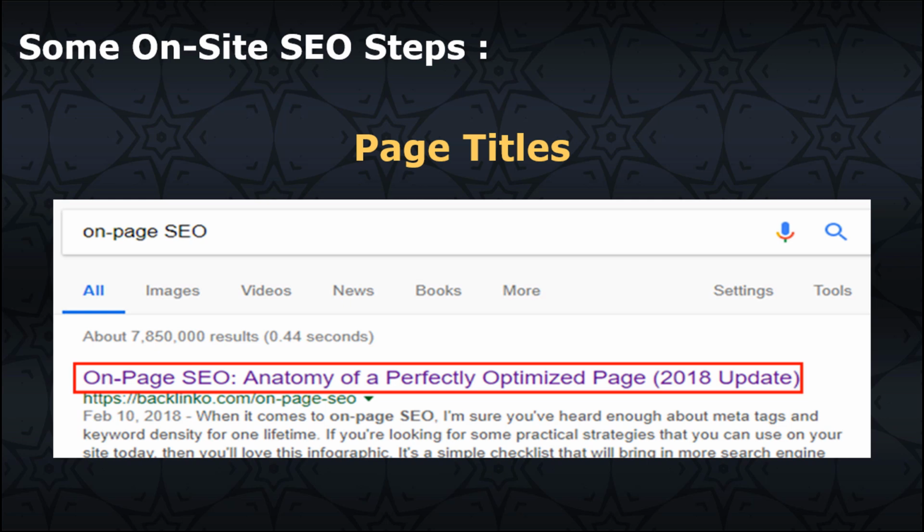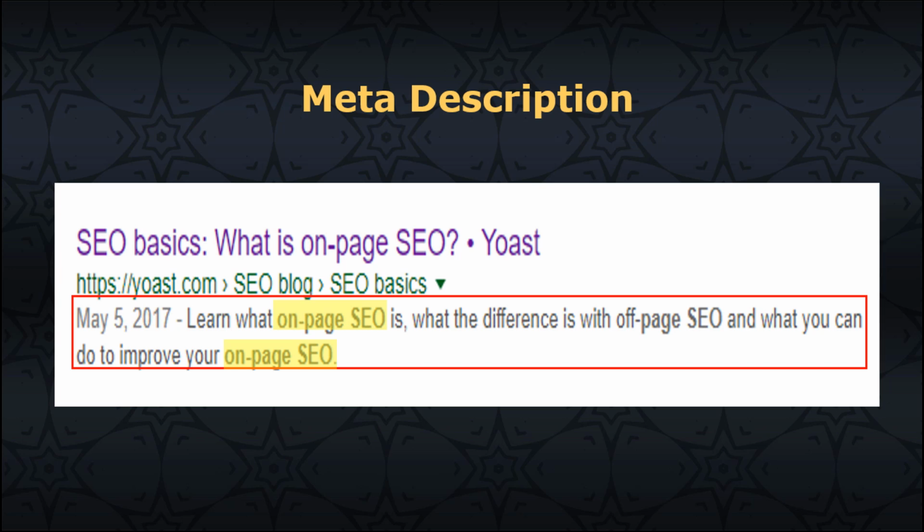Page titles. Do include one of your target keywords or phrases so it's easier for searchers to identify that your results are relevant. Also, for your website page titles, try to keep it below about 70 characters. Position keywords towards the front of the title to lower the risk of it getting cut off on search engine result pages. Metadata description. This is the short paragraph of text placed in the HTML of a web page that